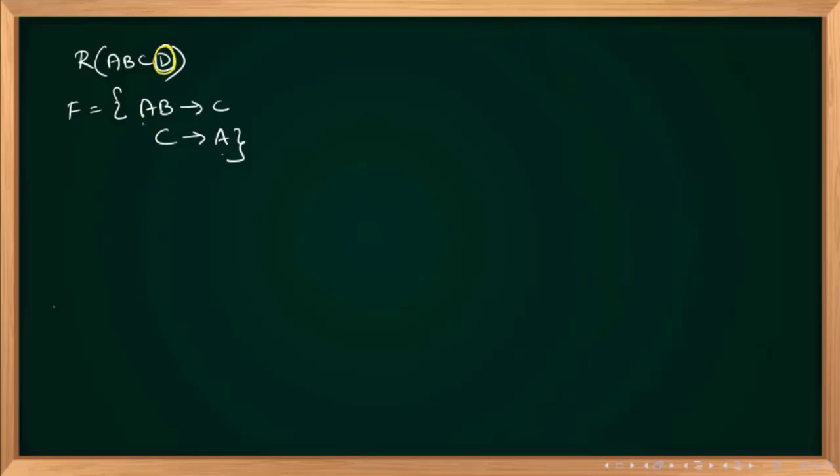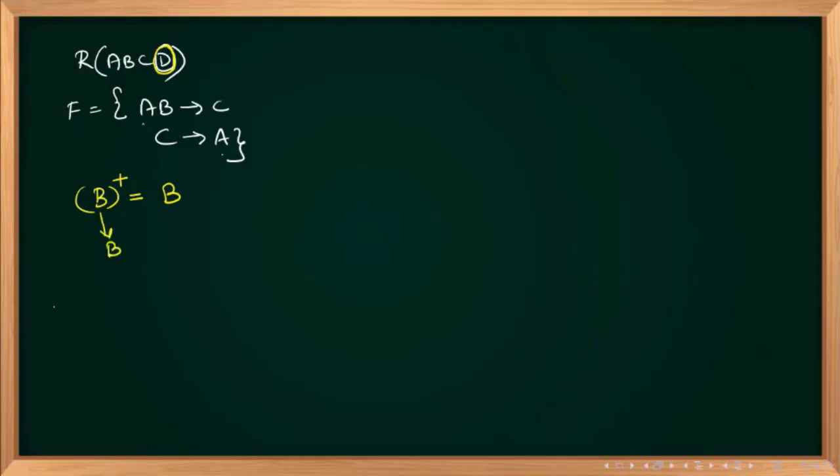Now, A is on the left side and right side, so I am leaving it. B is coming only on the left side, so I start with B. When I take the B closure, I am getting only B. So B alone cannot get the uniqueness property. What will I do? C I will not add, because A and C both come on the left and right sides. So one by one I will be adding. First I will try with A.